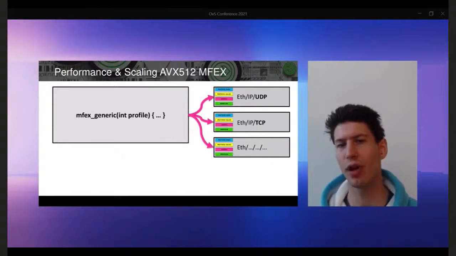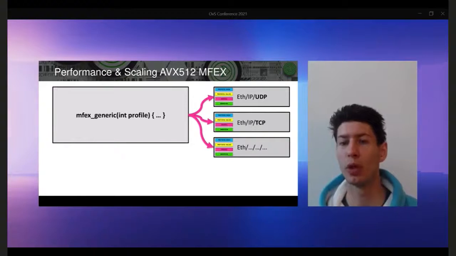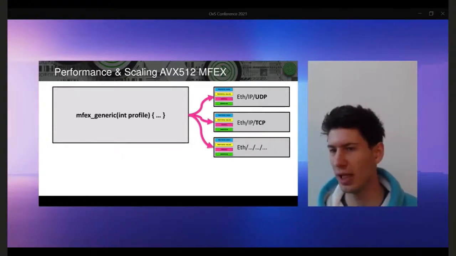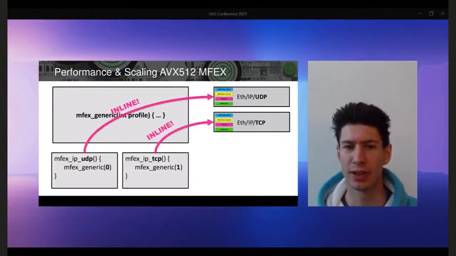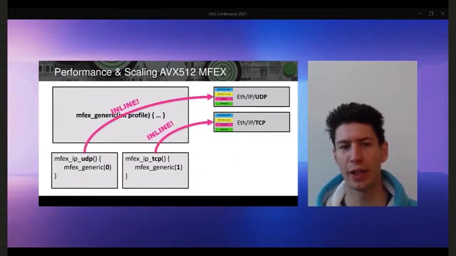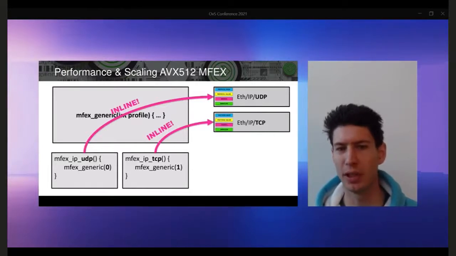So it takes an integer ID, which represents either the top number 0 or the middle 1 or the third diagram here on the right, and it indicates those using what we call a profile ID. And it's just an integer, it represents that particular profile. This allows us later to call the generic function with different functions called, for example, Miniflow extract IP UDP, Miniflow